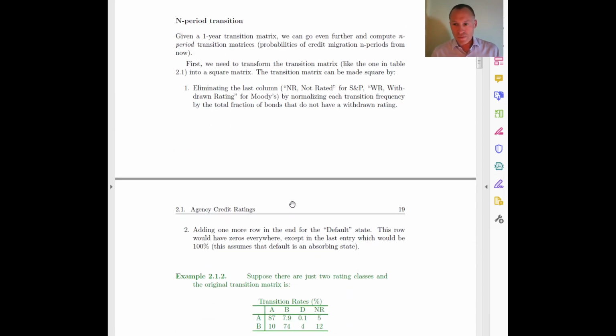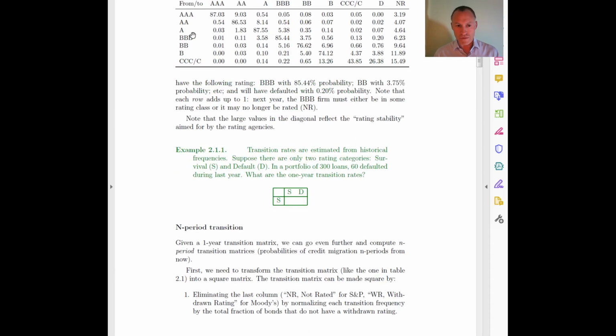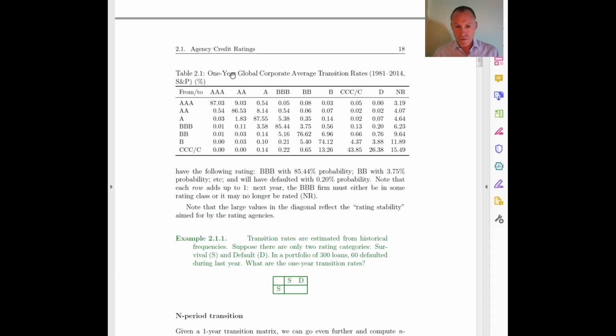Given these transition probabilities for 1 year, we can do some interesting things with that. So we can compute probabilities of transitioning to a given rating category after a number of years different than one. So any n number of years. So how do we do that? We're starting with this transition matrix that we have here. Well, we have to do two things. First, we have to adjust for the fact that this column here,